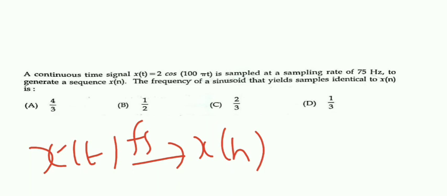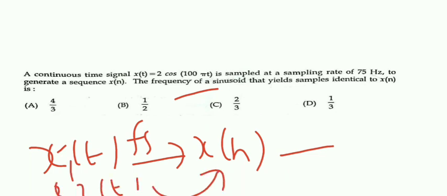What they ask is, this signal has some frequency, and they ask for some other sinusoid. So let us assume this is x1, they ask what is another signal x2 of t that is also giving the same x of n. This is the question, right? So how are we going to solve this problem? But the answer they have given does not match the expected answer. I think we will get a different answer.